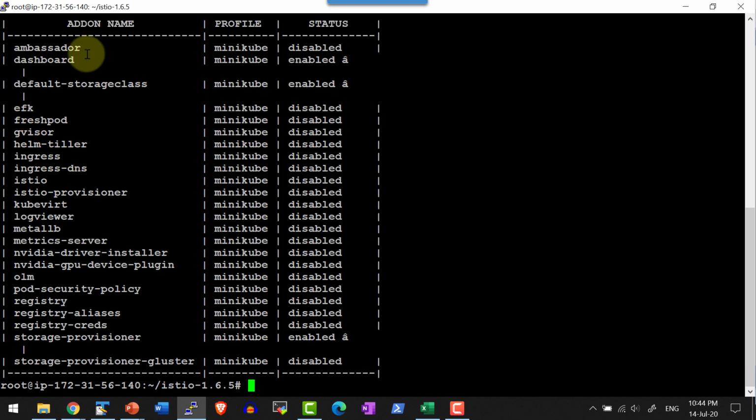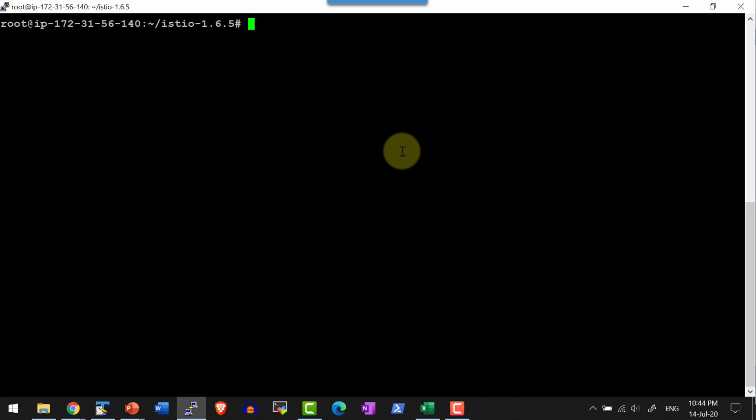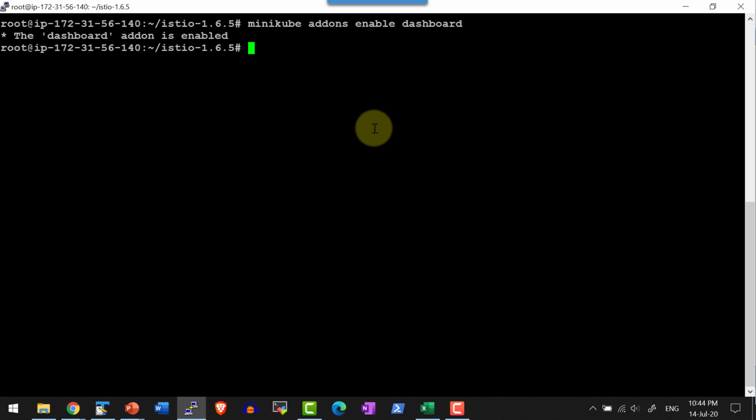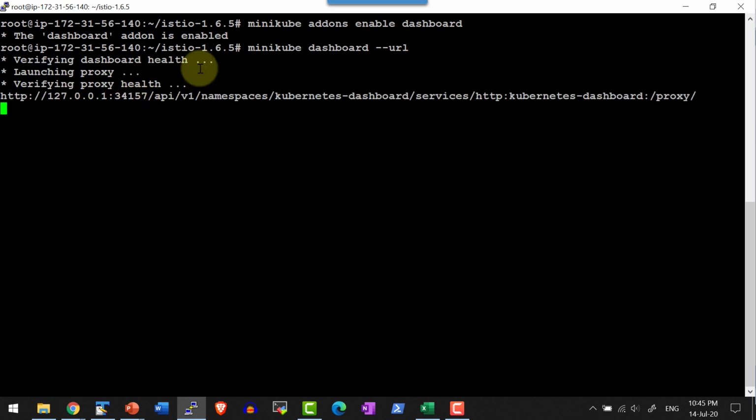Within this, dashboard is a very useful add-on where I can go ahead and enable it. In case it is not enabled, I can go ahead and use the command minikube addons enable dashboard. That's going to enable the dashboard, and I can get the URL of the dashboard by typing in the command minikube dashboard --url. So that's going to start the proxy and start Minikube in this specific port, and this is the URL. Basically, this is going to start the proxy and expose the already running dashboard in a specific